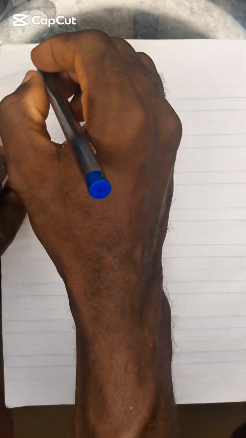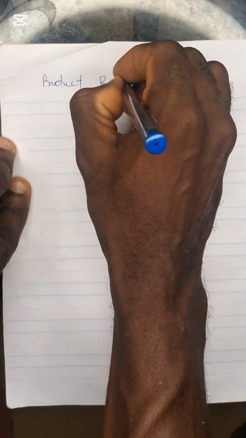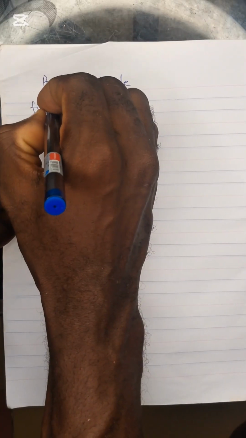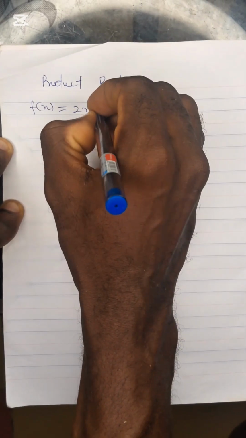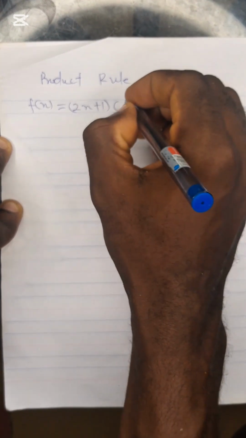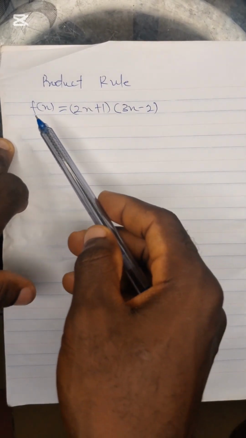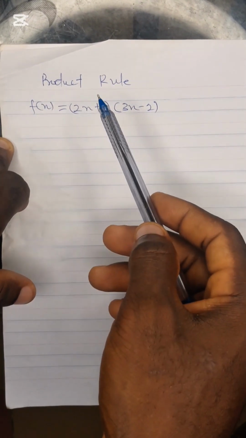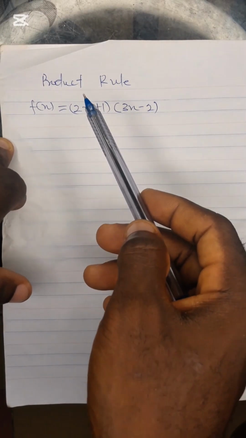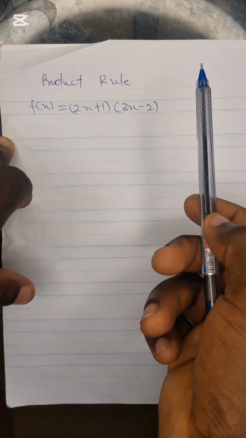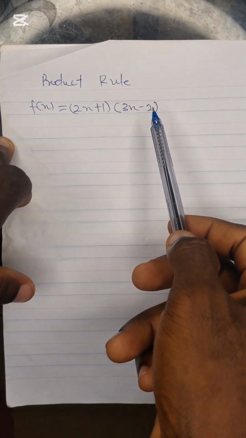We want to talk about the product rule. The product rule. Product simply means multiplication. Now, if a function is given as f of x is equal to 2x plus 1 multiplying 3x minus 2, then f of x can be said to be a multiplication of two different functions. In this case, 2x plus 1 is a function on its own, and 3x minus 2 is also a function